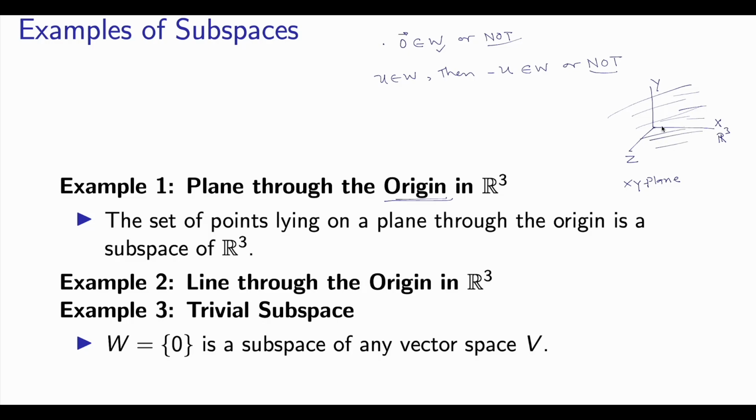This plane consists of the point (0, 0, 0) also. So (0, 0, 0) belongs to the XY plane,